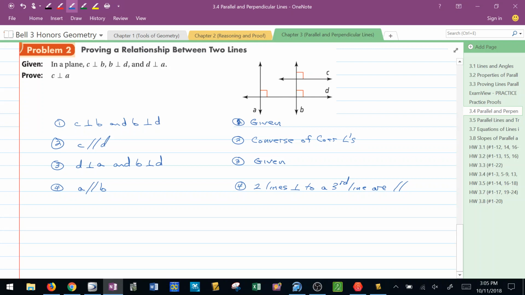Well, if A is parallel to D and D is parallel to C, or C is parallel to D, I'm kind of stuck here. What do you see? Hopefully you see something. I'm just getting a little bit stuck here. All right. I know I can conclude